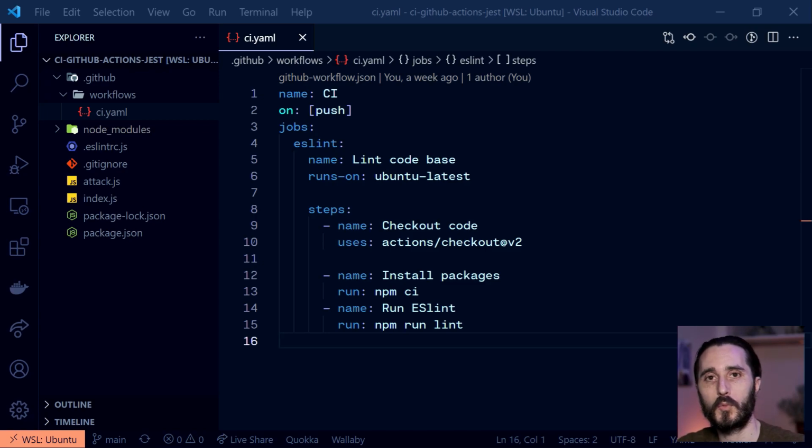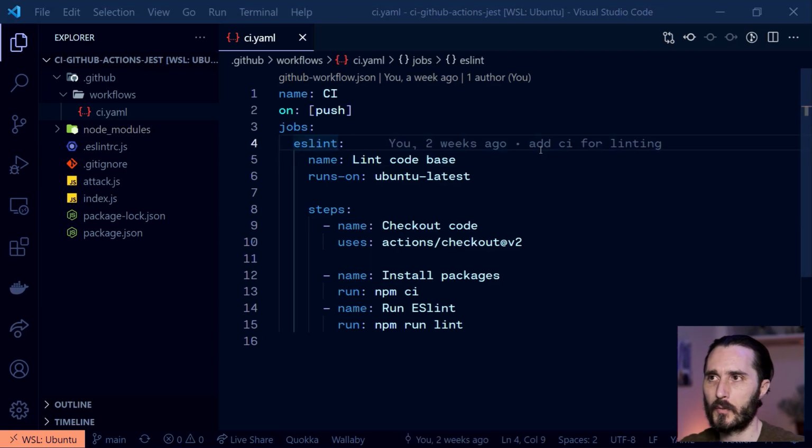But if you want to know a little bit more about Jest and get familiar with some of the basics and stuff, I have a few videos on that I'll link in the notification here. But now that we've already set up our first GitHub action, this is going to be pretty straightforward, so let's just get into it. The first thing we're going to want to do is probably pop over to our terminal